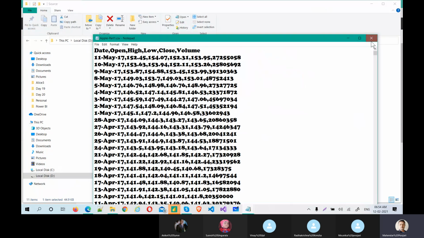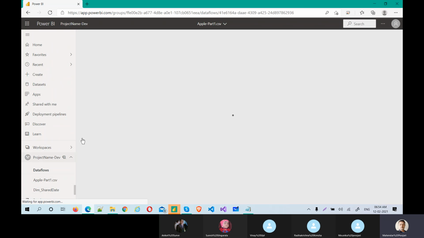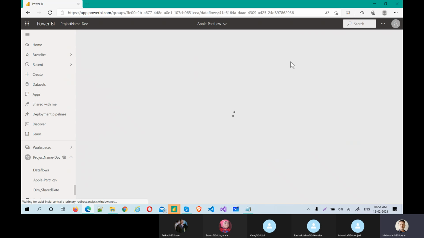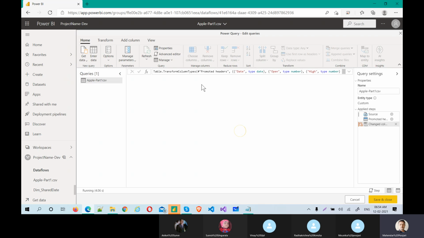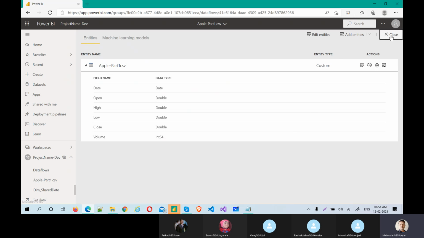Let's see what exactly is inside the data flow. We need to check the data type, whether the data type is date or not. Yeah, this is perfectly date. But why is it unable to parse this as a date? So this is how the issues will come.